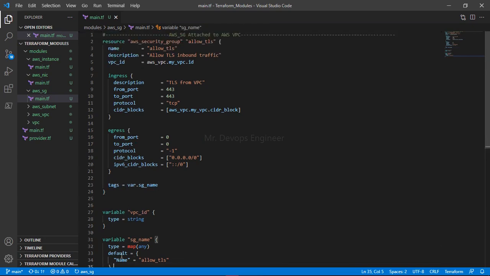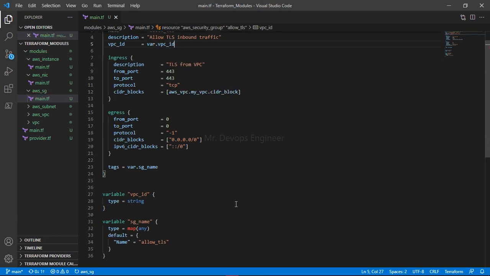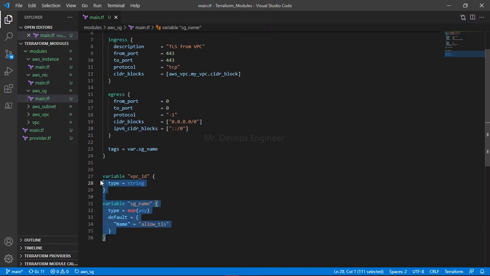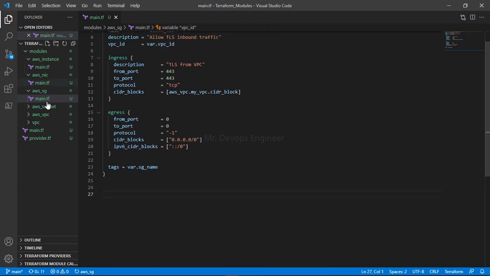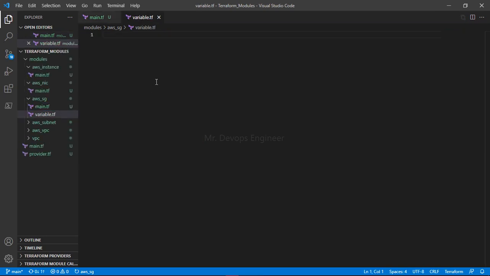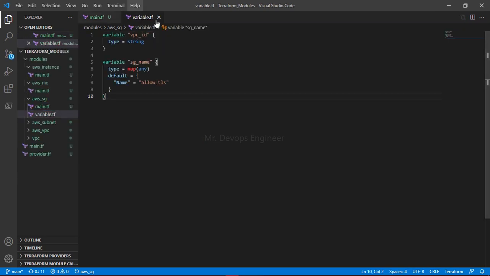Leave everything else by default, and here we have to pass the VPC ID, right? Var dot VPC ID. Once this is done, let me keep it in variable.tf, creating one more variable.tf. Okay, so this is done.